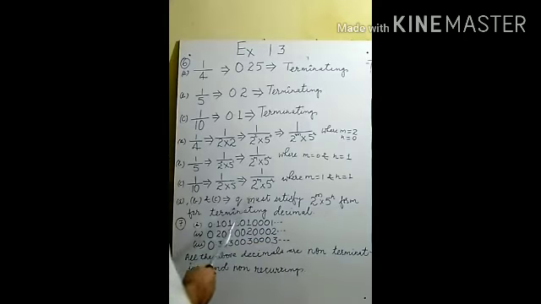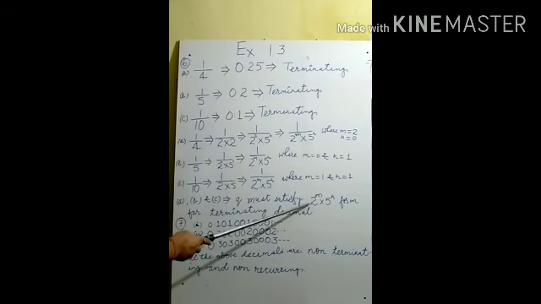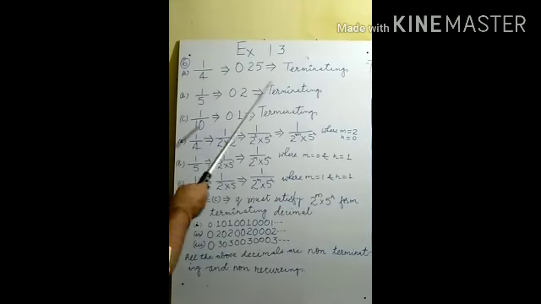This is a very important property. Without actual division we can predict whether the given fraction results in a terminating decimal or a non-terminating decimal. On the basis of this property, directly we can say the given fraction results in a terminating decimal or a non-terminating decimal. If it is in the form of powers of 2 or powers of 5 or powers of both 2 and 5, in this condition the result will always be a terminating decimal, and this is a very prime and important result in rational numbers.